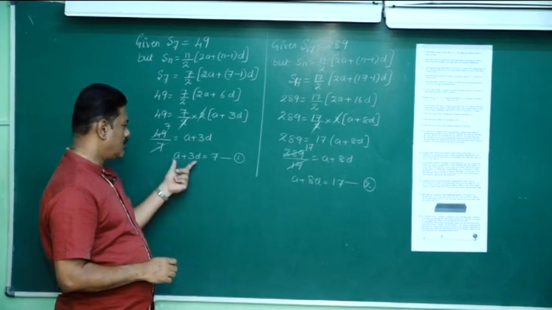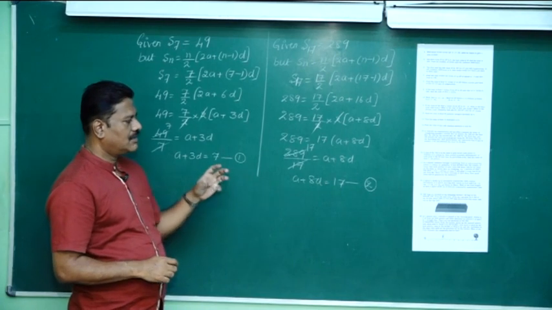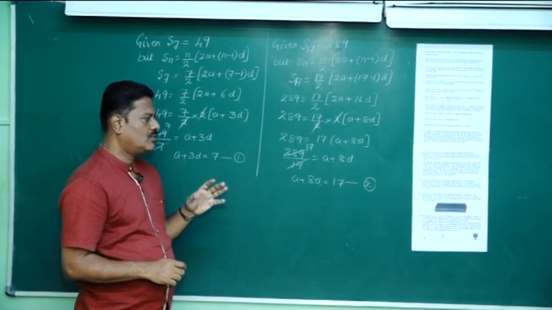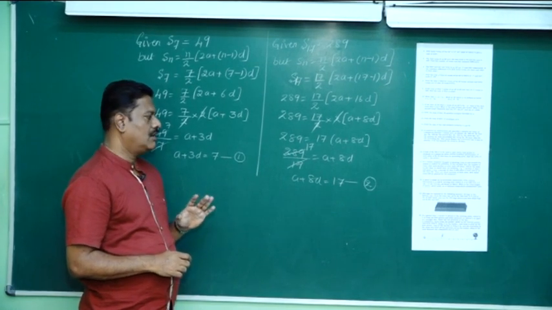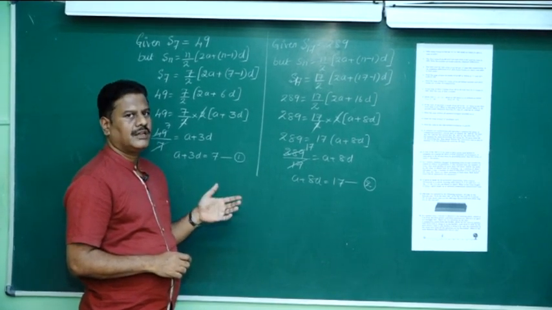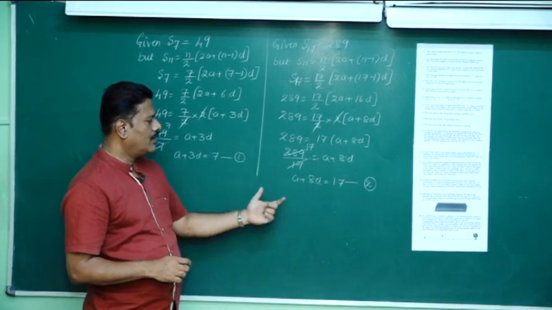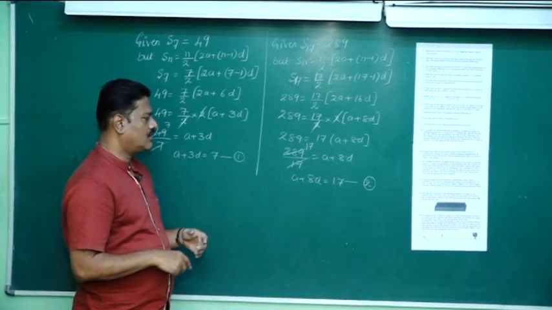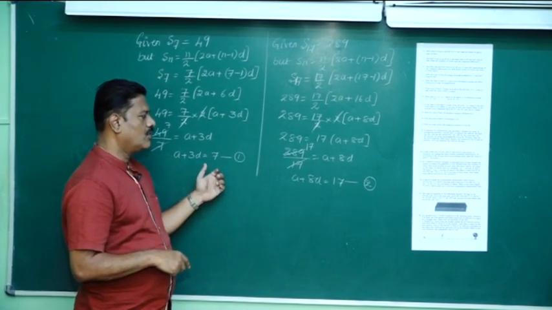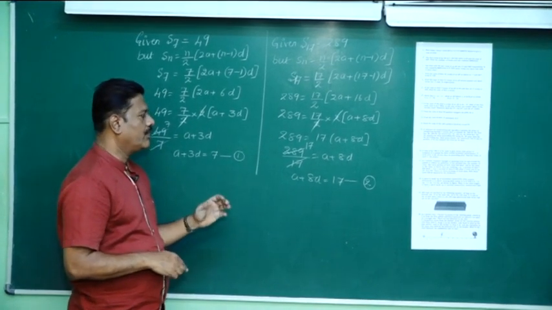In both the equations, you have two variables, a and d of first degree. Such a pair of equations, when they are taken to solve, are called a linear pair of equations. We are going to study more about that in the third chapter, linear equations in two variables. Today I will teach you once again, as we have already done in the previous class, how to find the values of a and d by considering this linear pair of equations. I continue now.